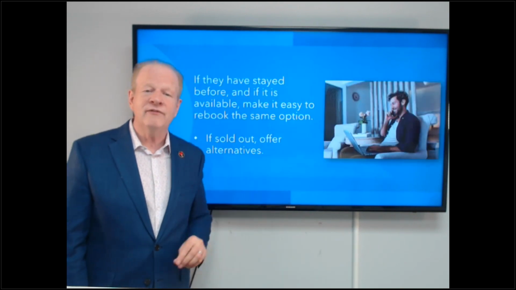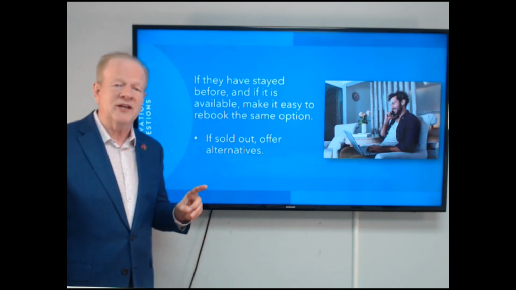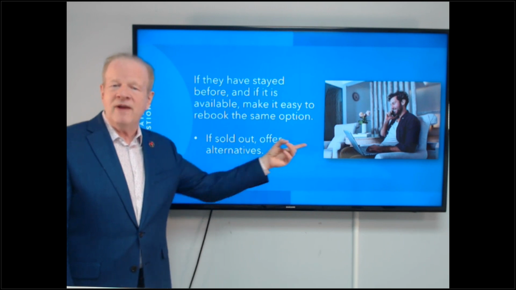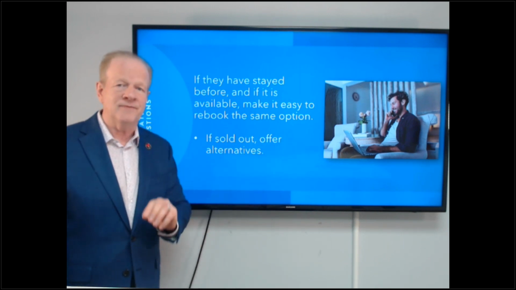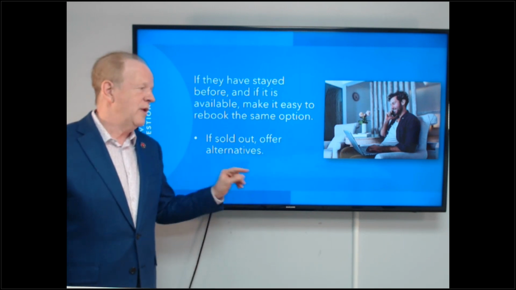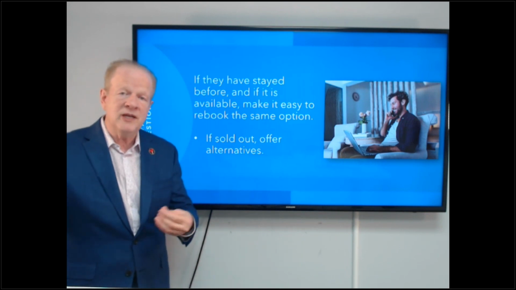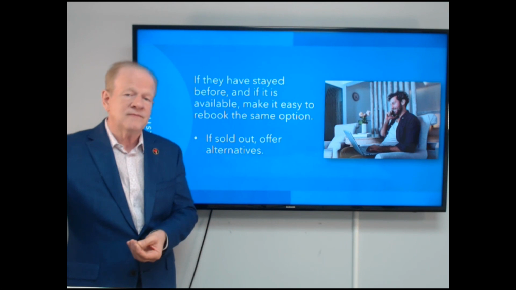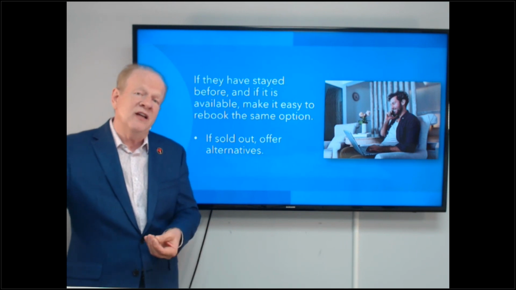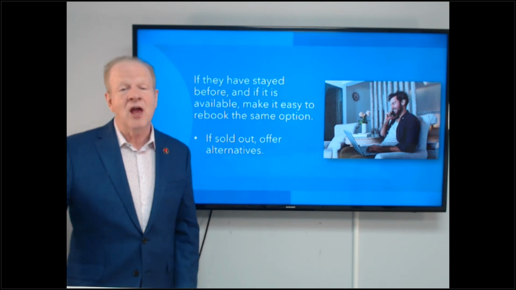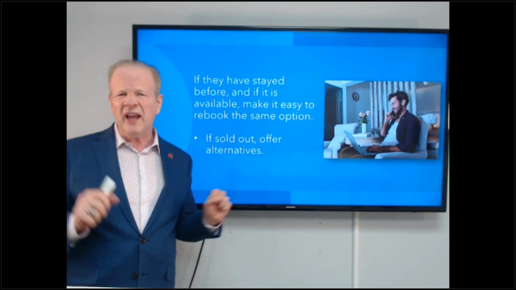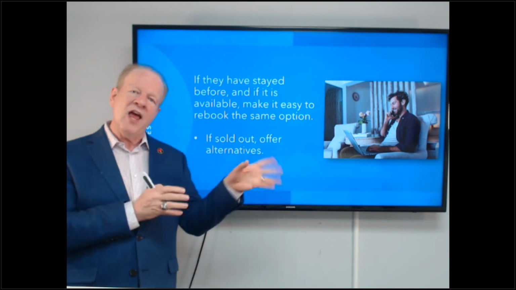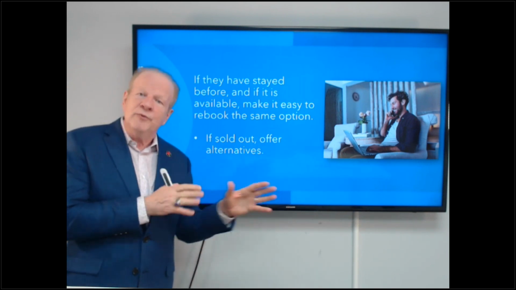All right. And now we find out 2 pieces of information. For one, if they stayed before, it makes it easy for them to rebook. Now, what happens is we may be sold out. A lot of times the repeat guest starts to book online and they find we're sold out. Okay, and if all you do is say, oh, we're sold out, you know what they say? Oh, I know that, but don't you all put rooms aside for special people? Oh yeah, we put like 10% of our rooms aside when we're sold out.